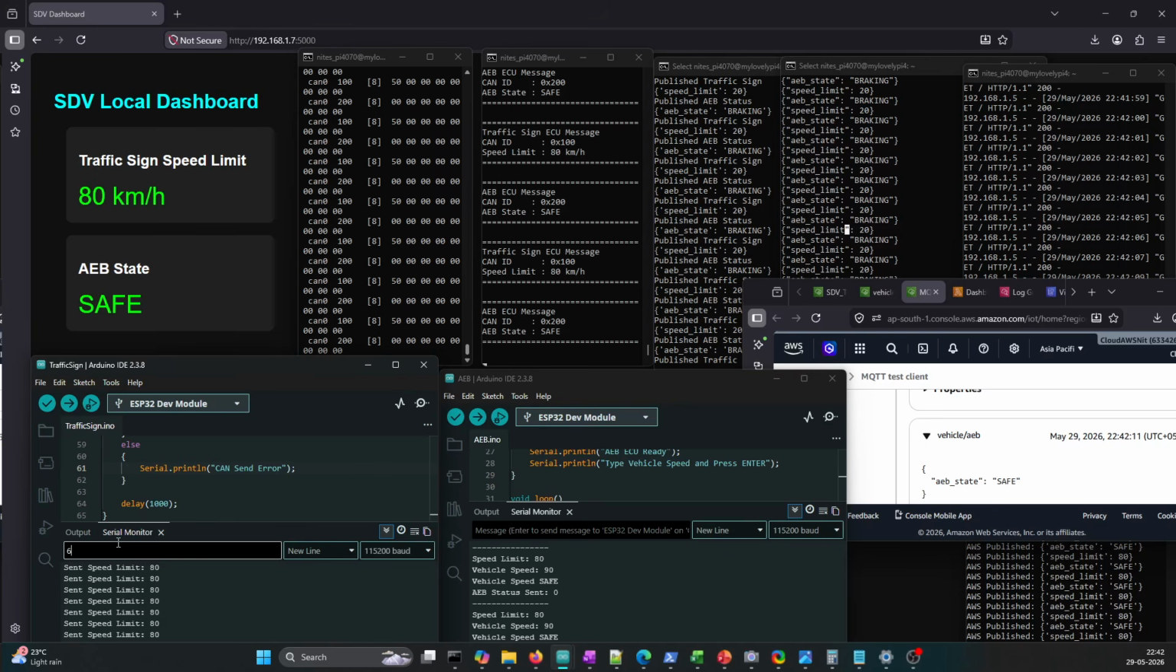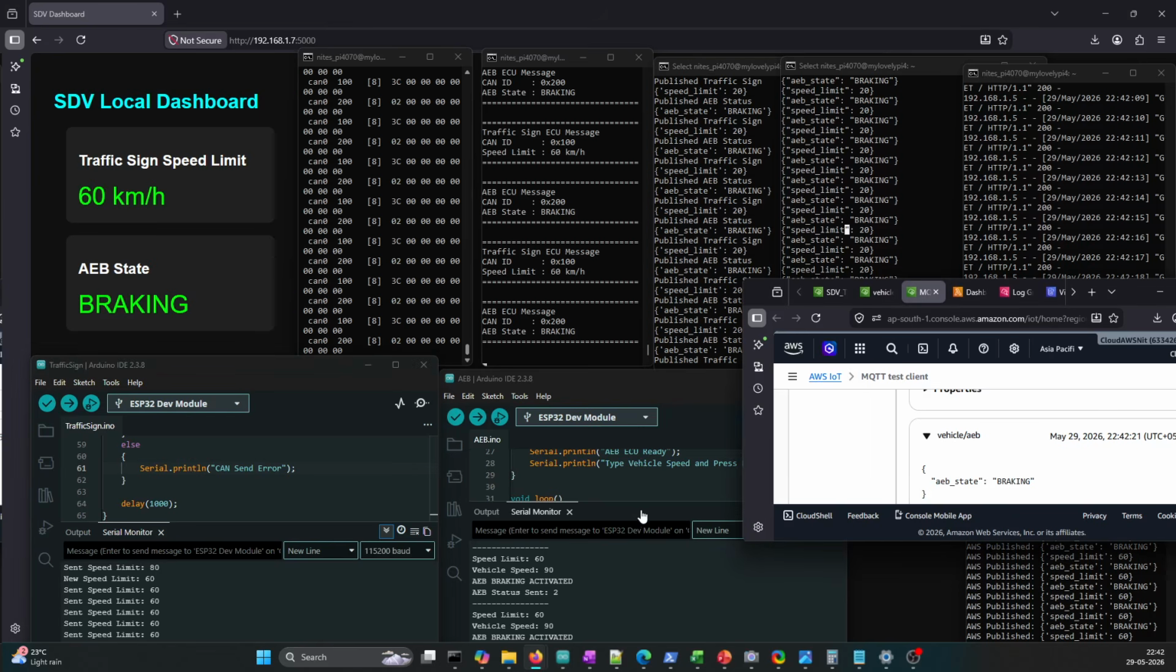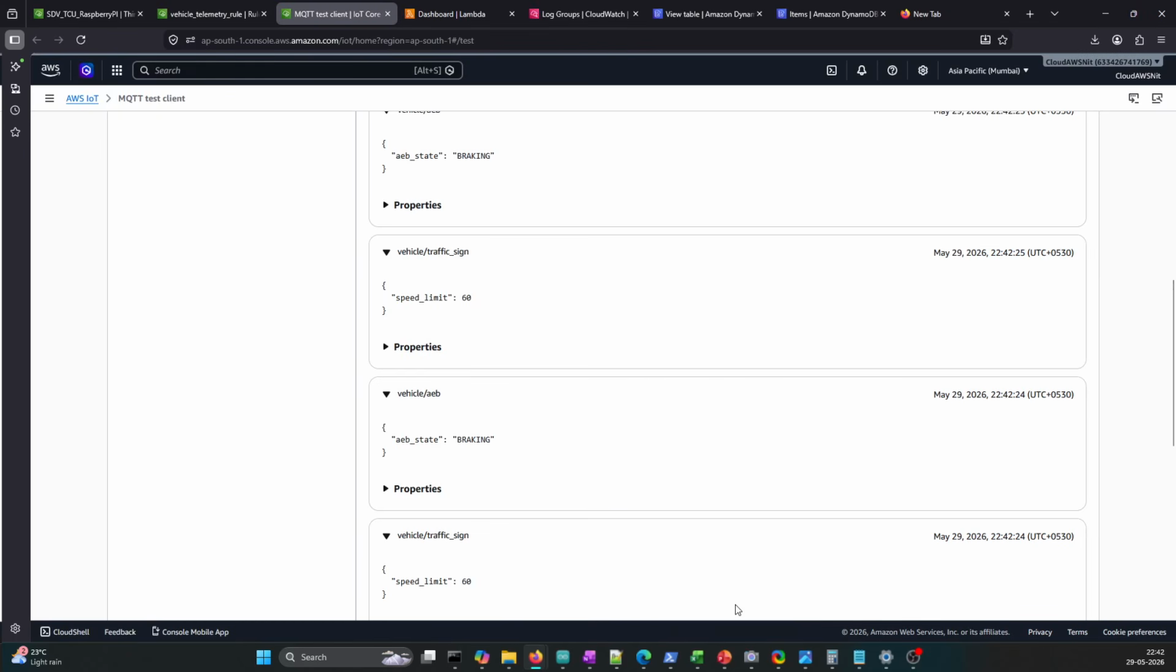Let me set the speed limit to 60 and see whether it is safe or not. So yes, it's safe. The speed limit is 60 kilometers per hour, and then it started braking. Yeah, so now we see that this is the subscribed data, and the